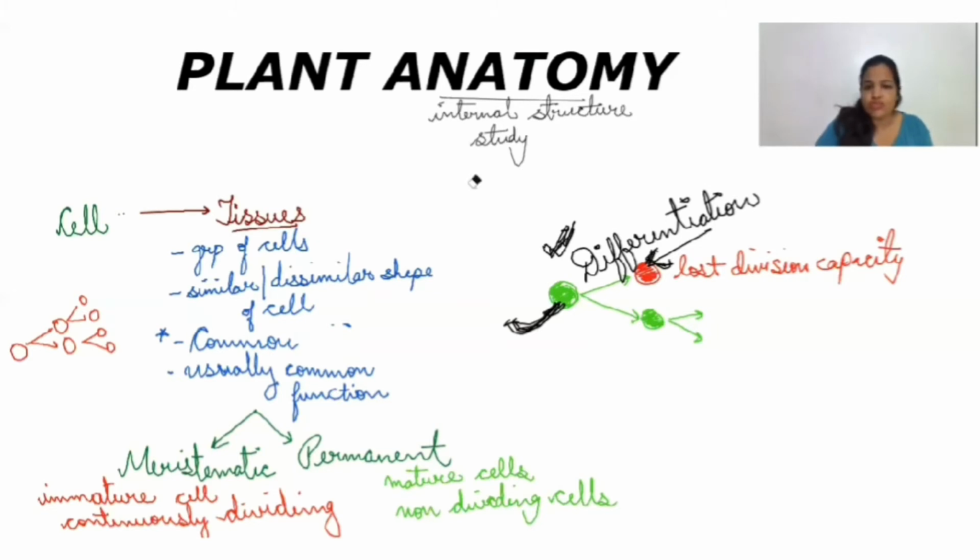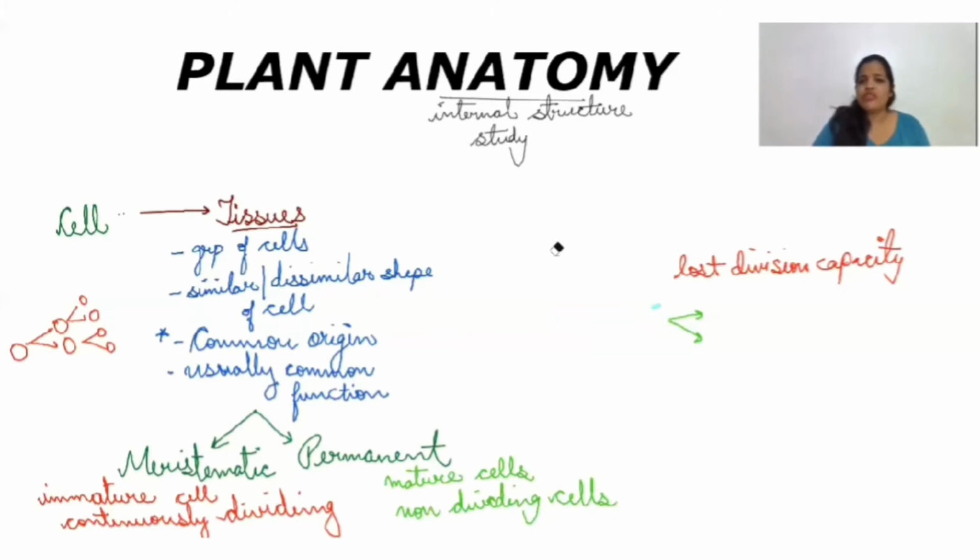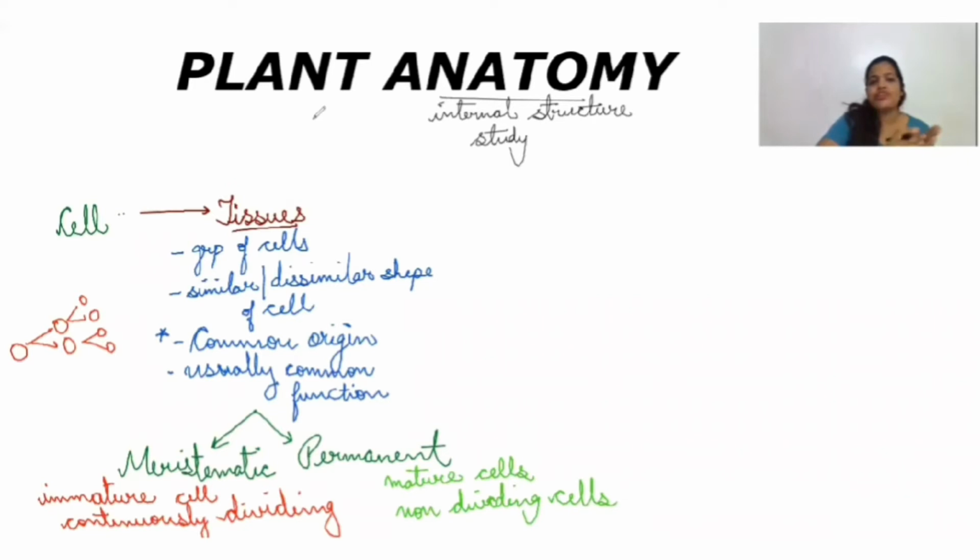I'm rubbing this because I have to draw the remaining flow chart, the line diagram. So here we are done with the next level. We started with the cell. We'll study plant cells and animal cells again in the 11th portion, so I'm not discussing the cells in detail. I'll be moving to tissues, because the further organizations on the higher level are studied in plant anatomy. We have seen the basics of tissues.